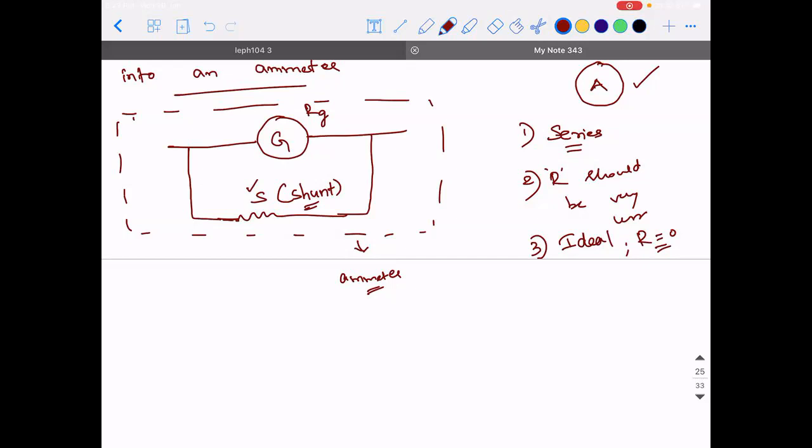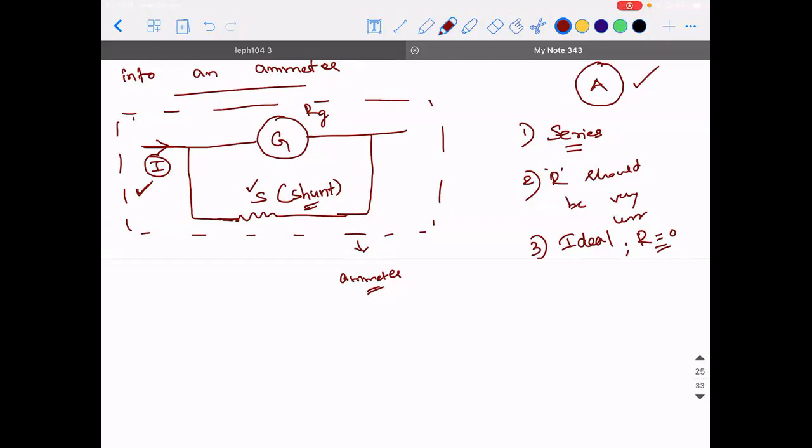More. If it is more, think. If I say the total value of current the ammeter is supposed to measure is I. So what I'm trying to say is, I've given you a galvanometer and I asked you to convert it into an ammeter that can measure a maximum value of 5 ampere. The work of the ammeter is to measure that current, maximum of 5 ampere. You're able to understand, it can measure 3.2, 3.3 also, but the maximum value that the ammeter you are going to design can measure is 5 ampere.